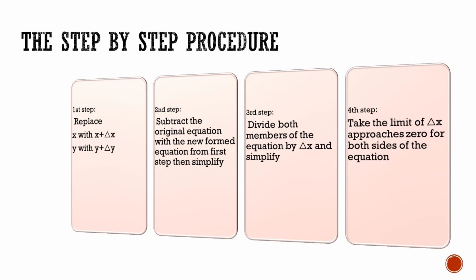The third step, divide both members of the equation by delta x and simplify. And the fourth step, we take the limit of delta x as it approaches 0 for both sides of the